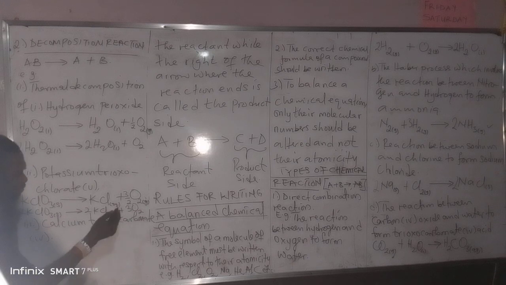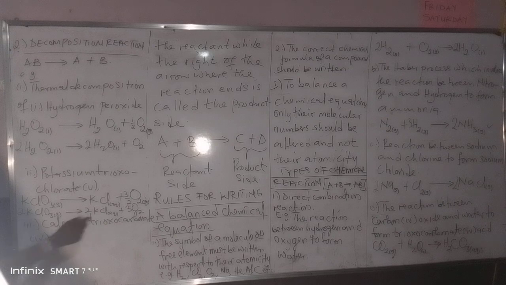Why am I having 3? You already have 3 over 2. You are multiplying 2 by 2, so the 2 has cancelled the 2. So you have 3. The equation is balanced, my dear. So this is 2 potassium, 2 chlorine, 2 chlorine, 2 times 3 is 6, 3 times 2 is 6. The equation is what? Balanced. Then the next one is calcium